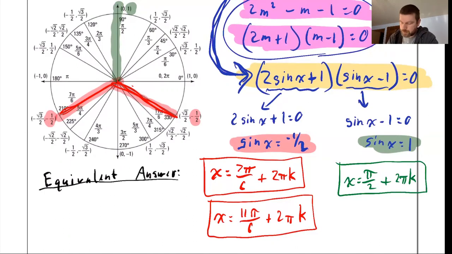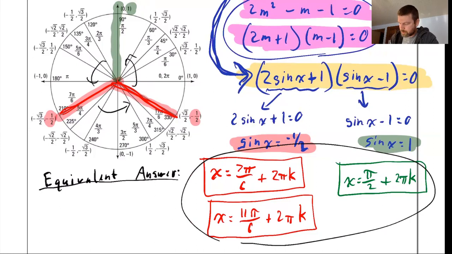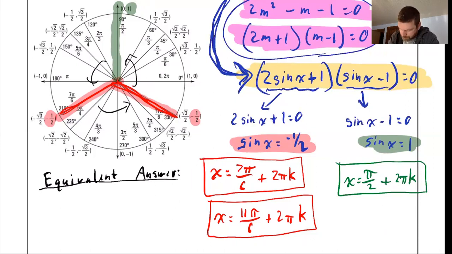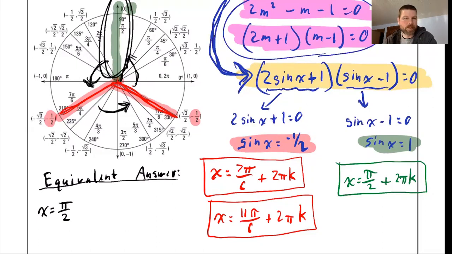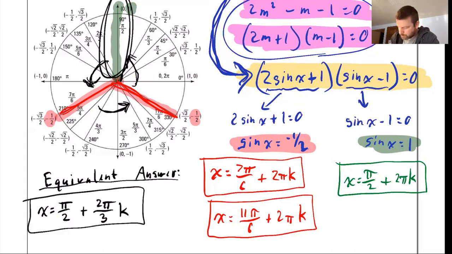But for this particular one, since these are all evenly spaced, I could write all 3 of these answers in just one solution set. I could say x equals pi over 2 to have that land in this first one. And since those 3 angles are all evenly spaced, I could just figure out what it takes to land at this one, and then that one, and then that one. A circle is 2 pi. I want to go 1/3 of the way. So if I add 2 pi over 3, that'd be 1/3 of a circle, and I add it k times, that answer is equal to all 3 of these